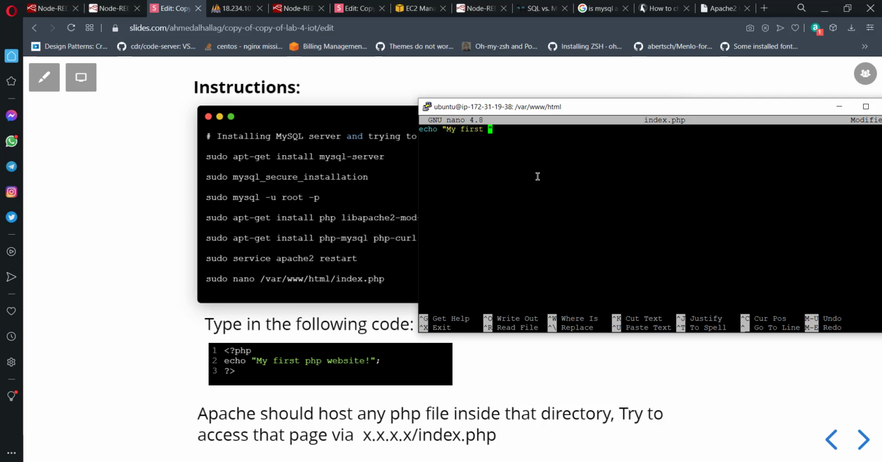So I'm just going to say my first PHP website, right? And semicolon. It's like C++ and C, so you need to have a semicolon by then. Okay, but